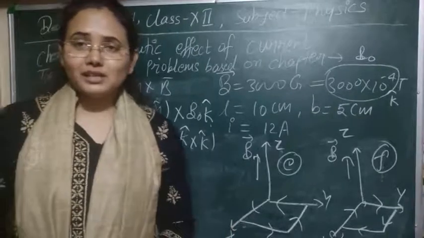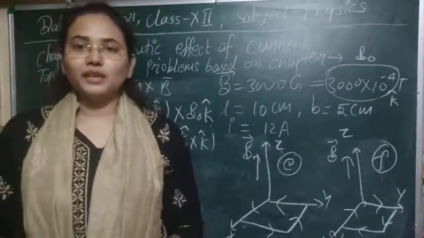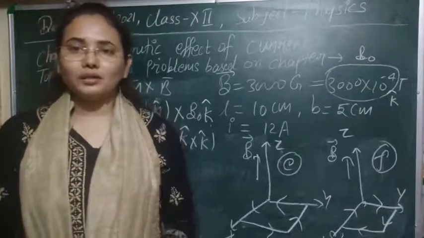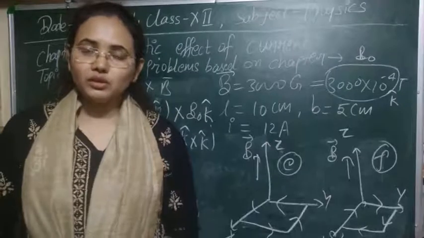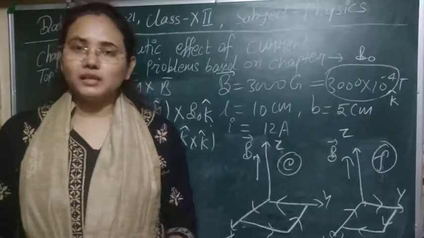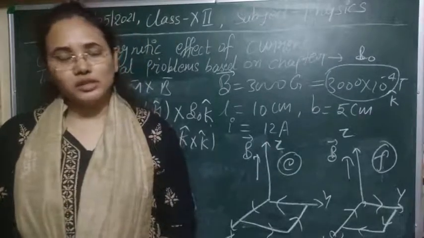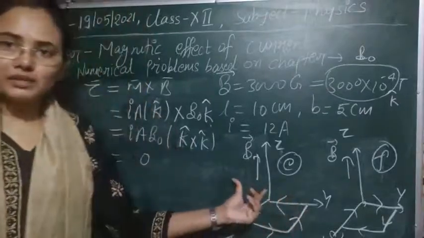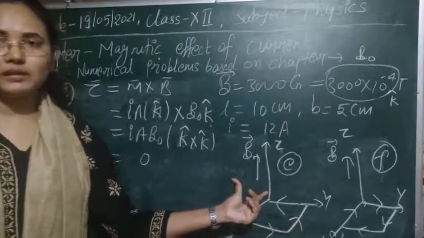And for the stable equilibrium, this is the first case. It means the net force acting on the system should be equal to 0, meaning the system is not experiencing any kind of external force. At that time it will be in stable equilibrium. So this is the particular case for the stable equilibrium here.